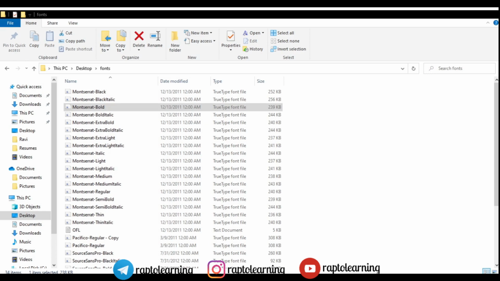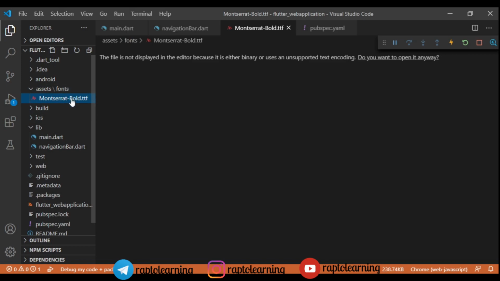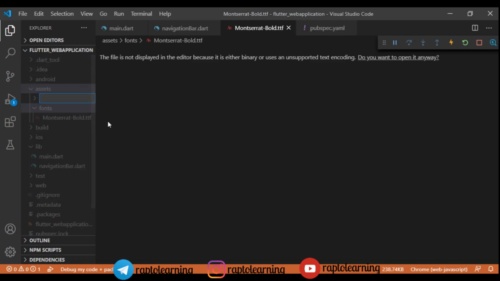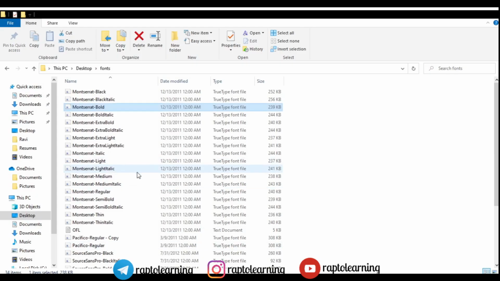You can place it anywhere, and you can create a separate project with whichever name you like. You just need to place that in your Flutter project only. So let's copy this Montserrat Bold and Montserrat Regular. As you can see, I have pasted this in the fonts folder, right? You have to paste this into fonts like I have pasted it. I have deleted that images folder because it was coming in between. So let's create it once again, that is images, and in this I have chosen one image from my PC. We will give Montserrat Regular also in the fonts, right?